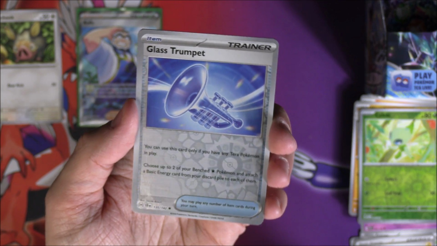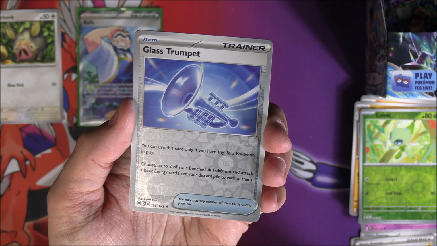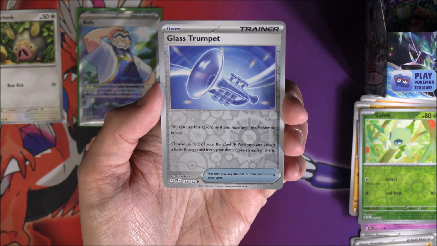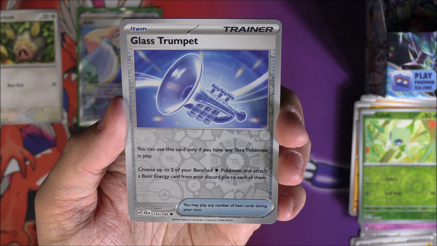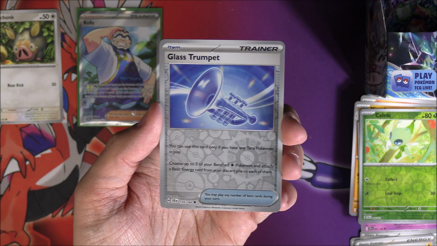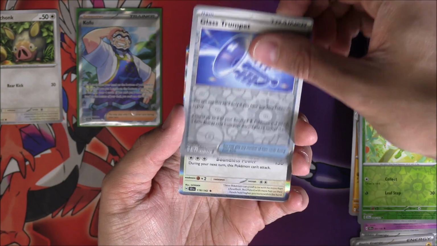Not bad, I'm liking that. Okay. Glass Trumpet, seeing a bit of synergy there with more energies. So you've got Crispin for energies, you've got Glass Trumpet for energies. So as much as you're thinking, I'm going to have to try and get 3 different types of energy, these things can really help. And you're choosing 2, so you can charge up 2 with 1. Crispin can also do 2 with 1, basically. Yeah, pretty cool. Glass Trumpet right there. Glass Trumpet moves us into...